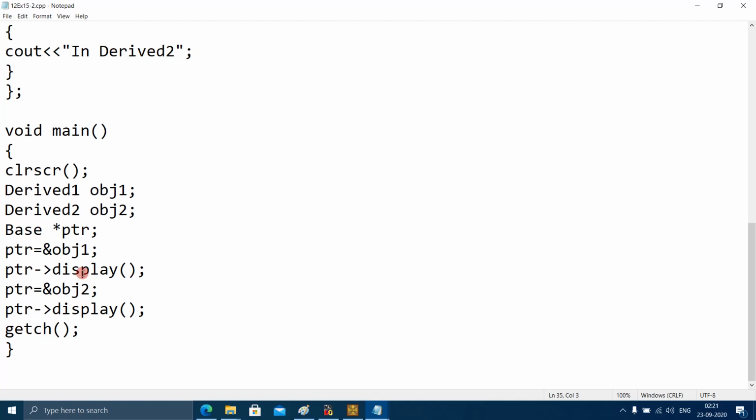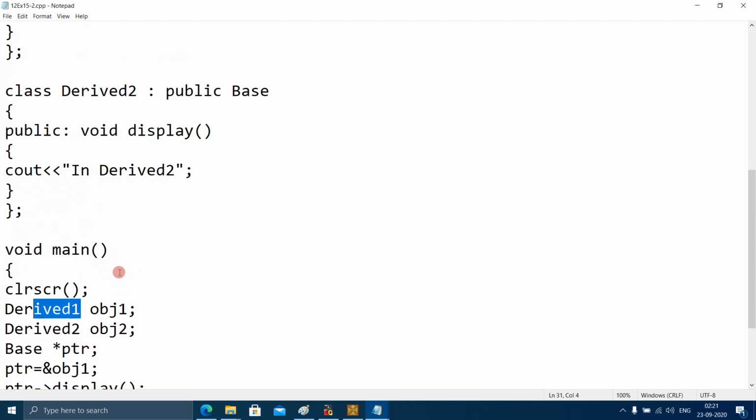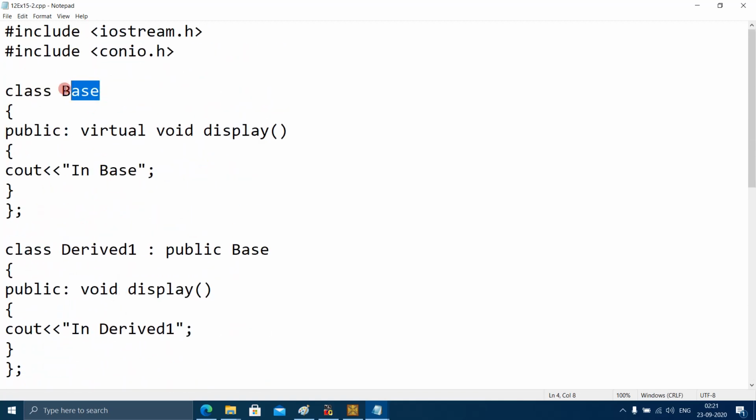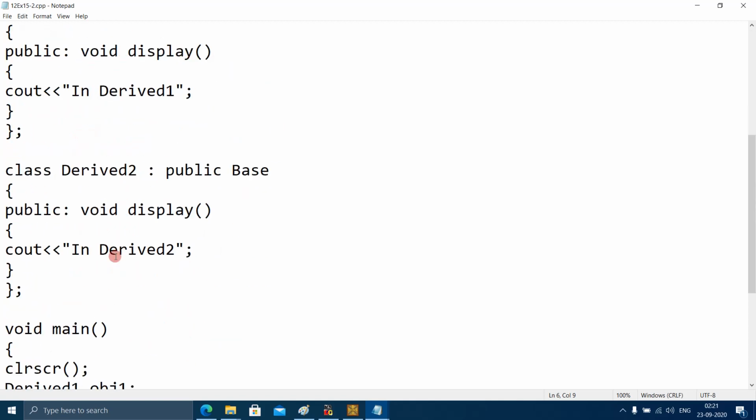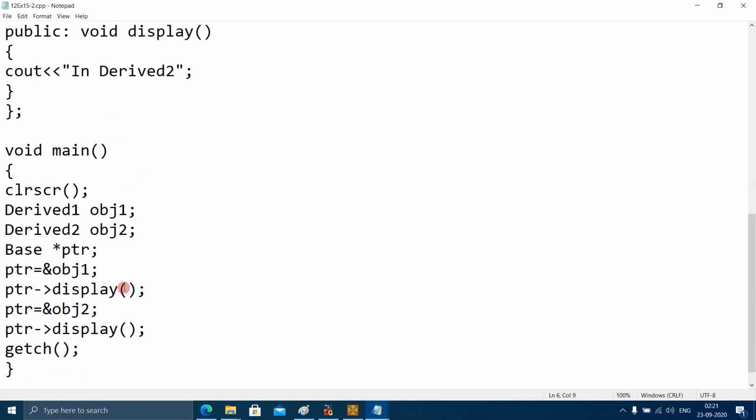So this time it is going to call the display function of derived 1, not the display function of the base class, because this virtual function is going to solve this problem for me. Because of this virtual keyword, I am able to call the display function of derived 1.